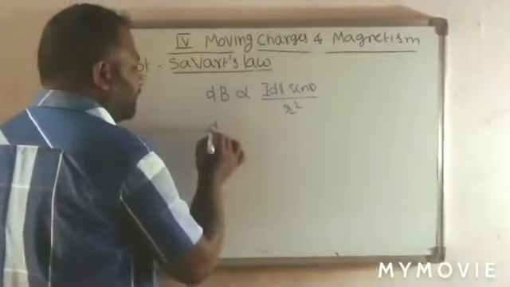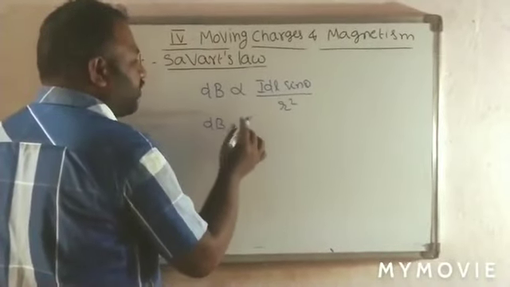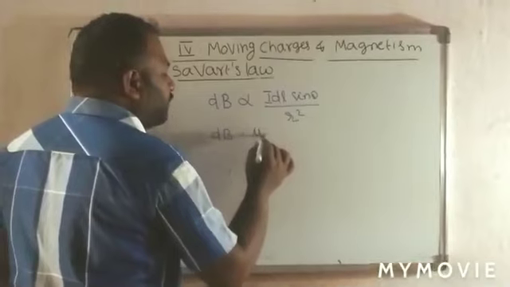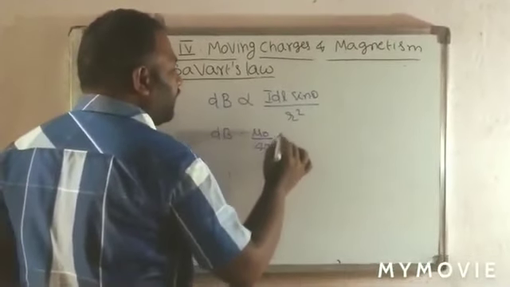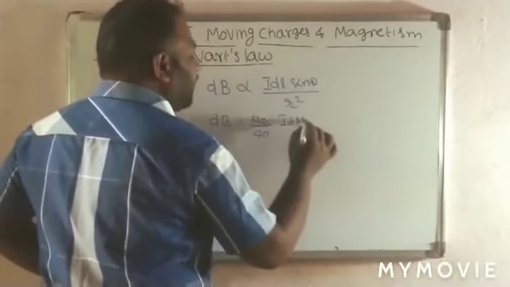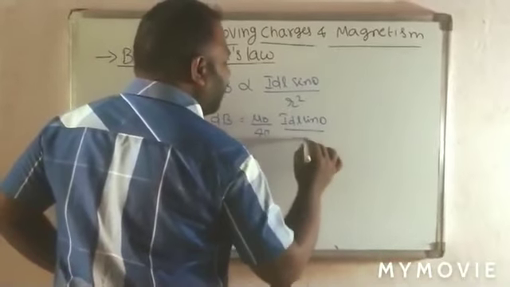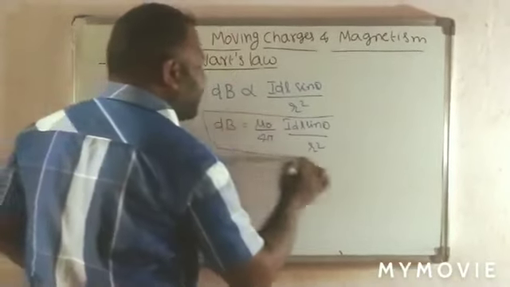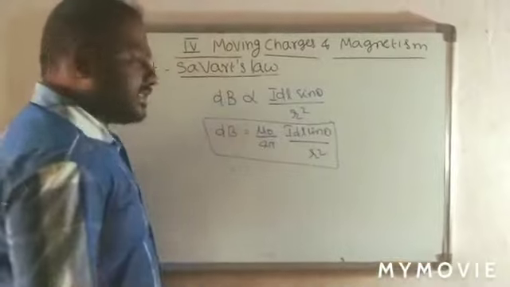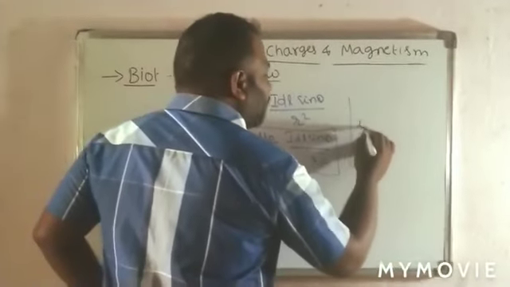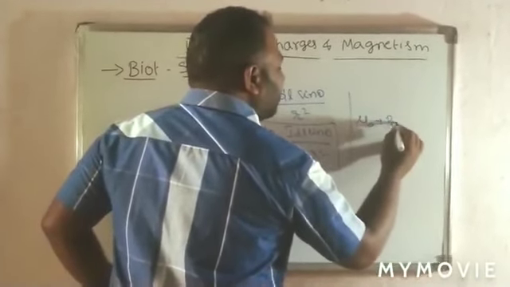It is also written as dB is equal to mu naught by 4 pi, I dl sin theta by r square. So this is the final expression of the Biot-Savart's law, where mu naught is the